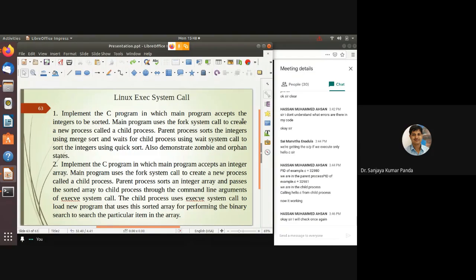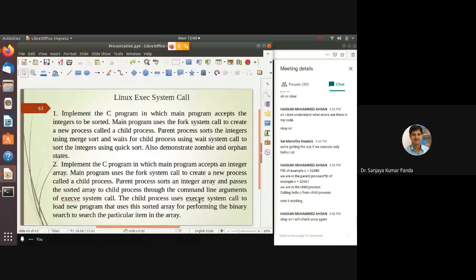Implement a C program in which the main program accepts an integer array. The main program uses the fork system call to create a new process called a child process. The parent process sorts the integer array and passes the sorted array to the child process through the command line arguments of the execve system call, which we discussed today. I told you about the syntax to explore it.